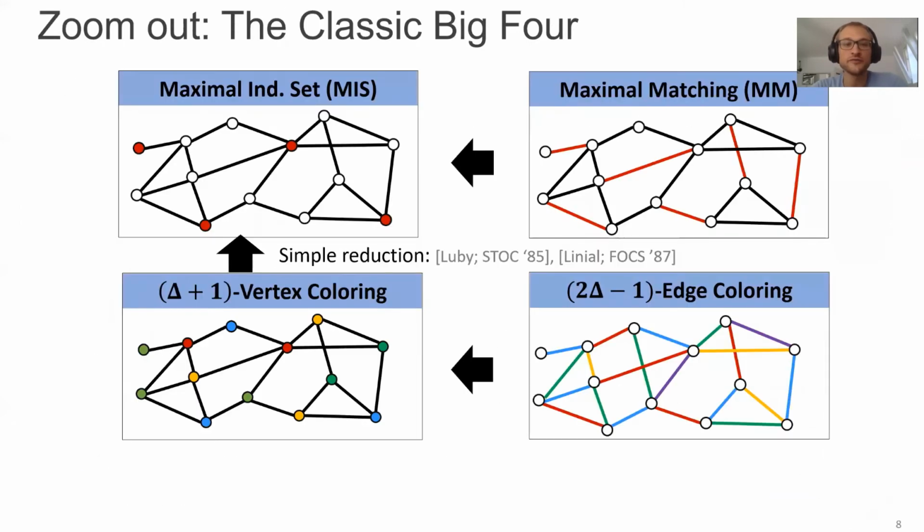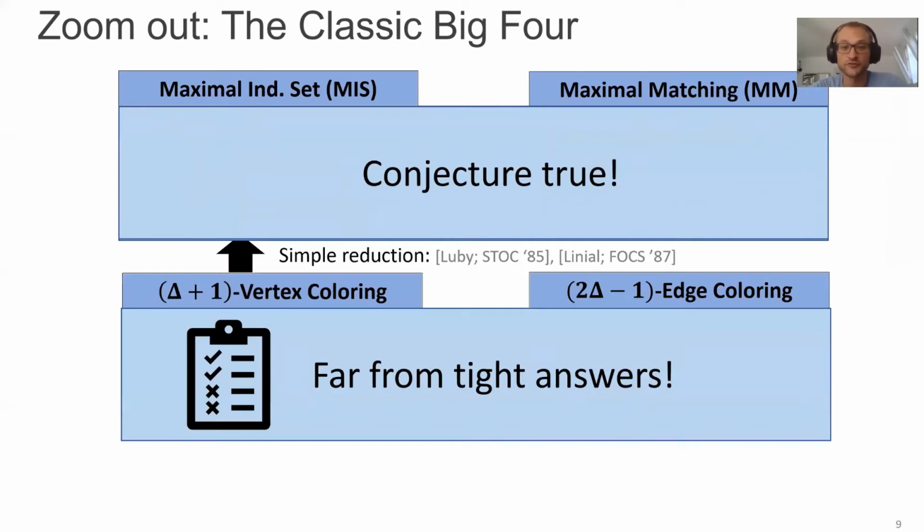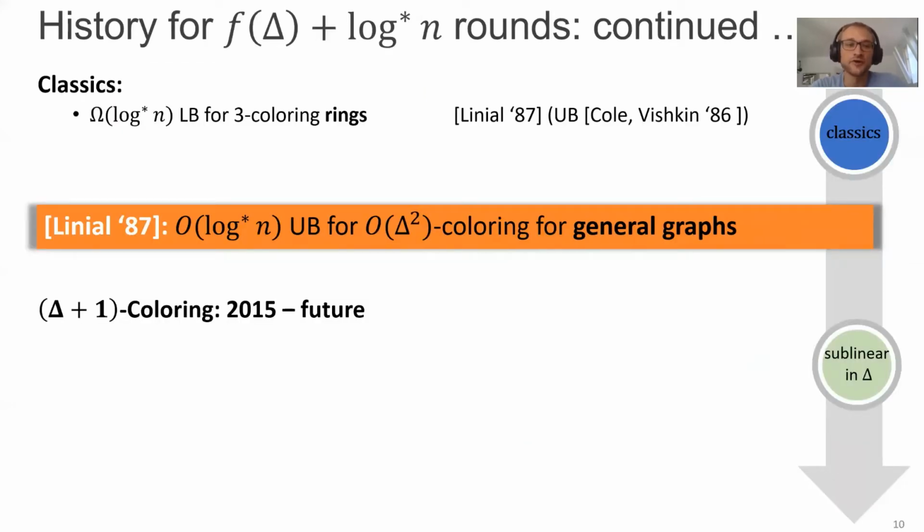And if one zooms out a bit, then there are other problems. I don't want to talk about what these other problems are here now, but these are very central in this area, often referred to as the Big Four. And it turned out that for 2 of these, this conjecture of a linear in delta lower bound actually turned out to be true. And we have matching linear in delta upper bounds and lower bounds now. While for the state of the art for these vertex and also edge covering problem, we are very far from having these tight answers. And it turns out the conjecture is even not correct,